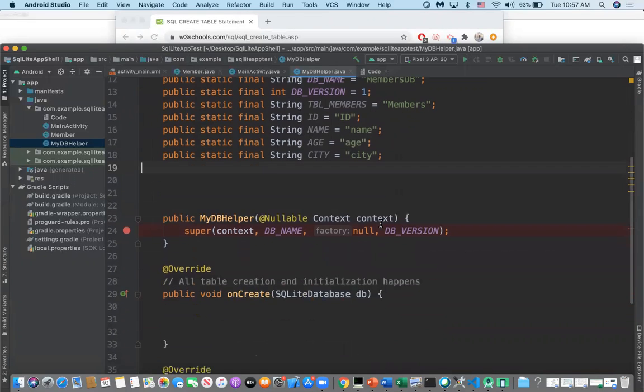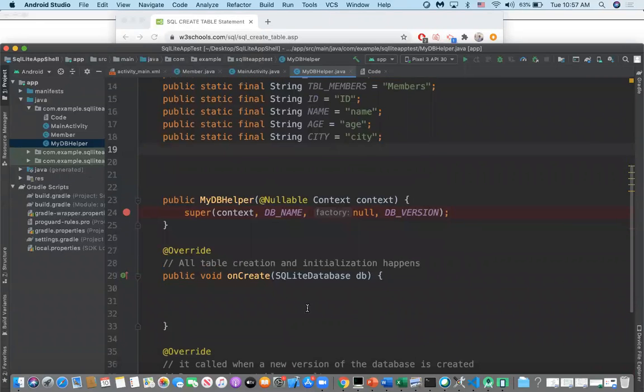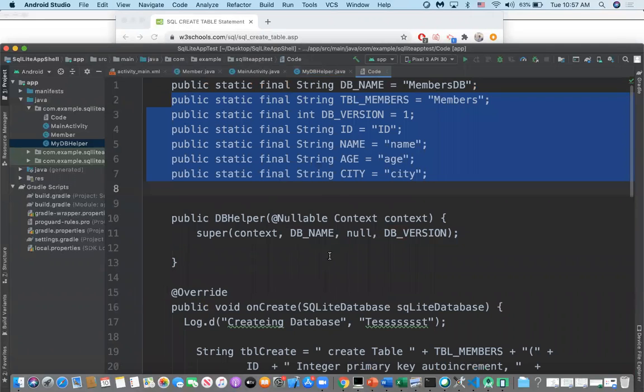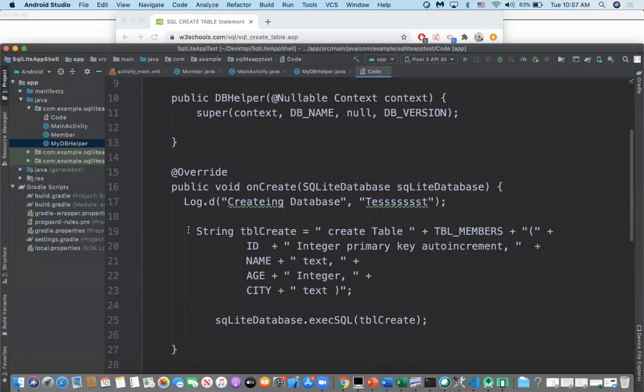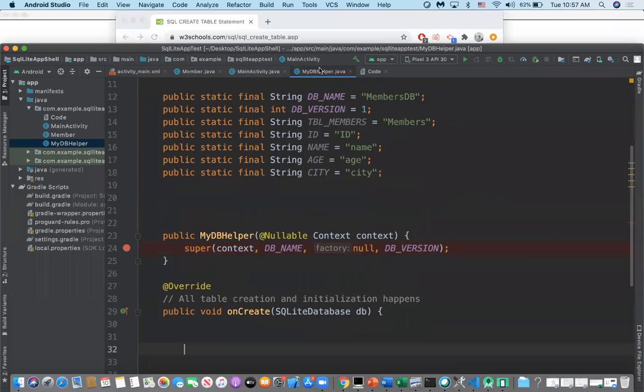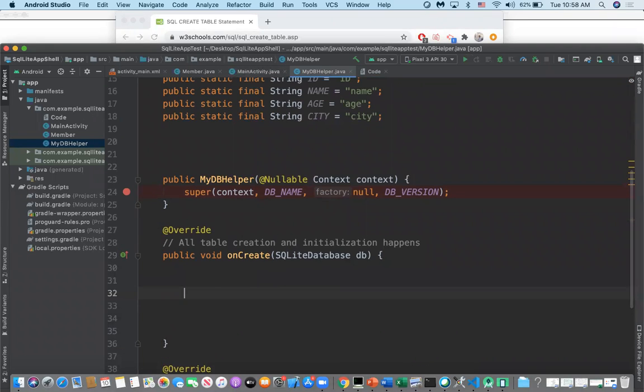All right. Now we need to create this table in the database. How do we create the table in the database? Again, I've done that previously, just for the sake of making the video shorter. I'm going to copy the statement that allows me to create the table. So I'm going to go back to here, and let me explain what we have in the helper class. Here's the onCreate, and here's my